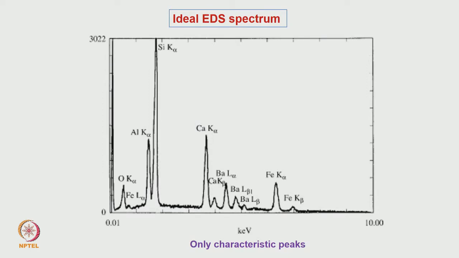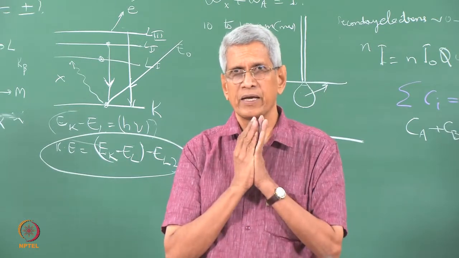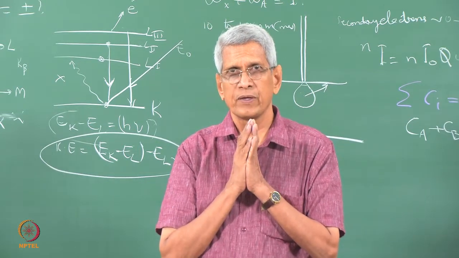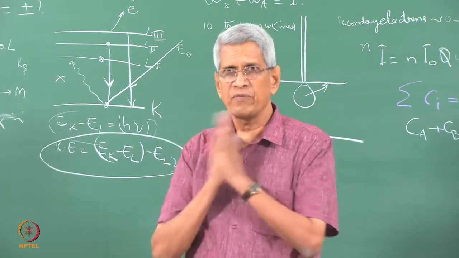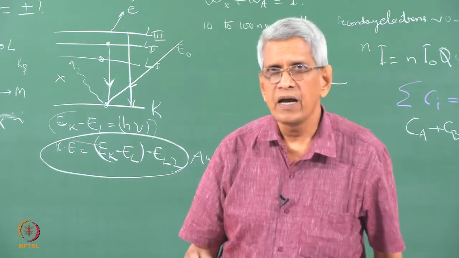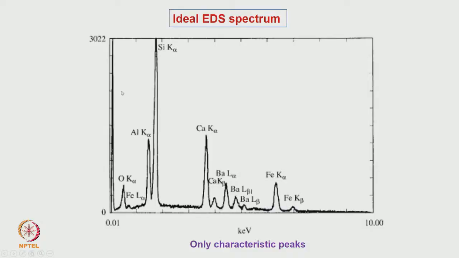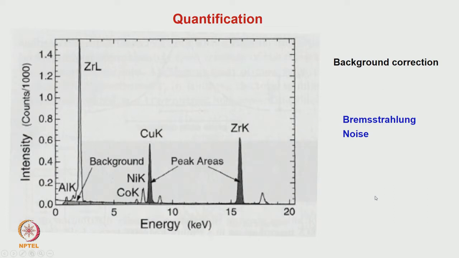If you look at the type of spectrum, an ideal spectrum, because we have a detector, the signal is coming, and we are trying to analyze that signal. From whatever we have discussed so far, the characteristic peaks of all the elements which are present in the sample surface, from that volume, should reach the detector and give rise to some peaks. Okay. That is what we should observe in the ideal case. What is it which is happening here? You can see that that is not the case